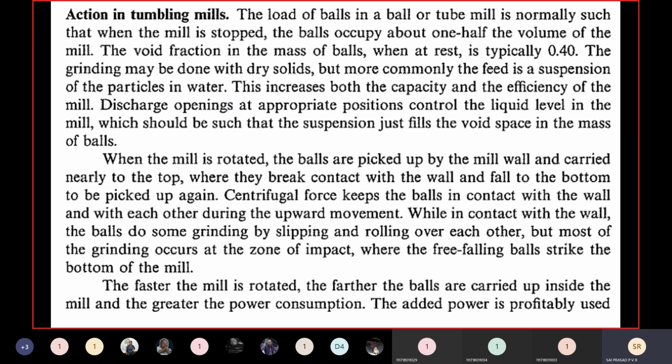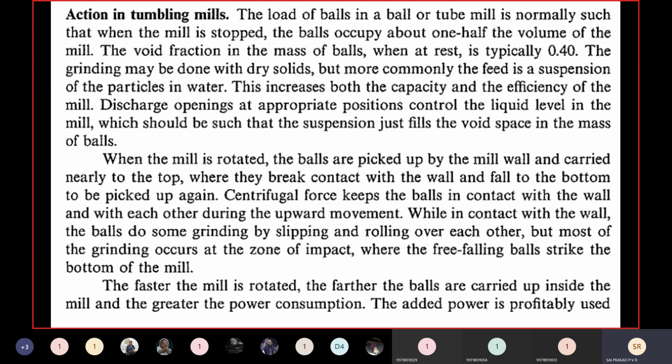So as I said just now, not only dry grinding is preferred, we can also use water. But the main purpose of water is what? To displace the void fraction, so that the particle will not be seated or comfortably placed in the free space. If it is there in the free spaces, the grinding medium will rise and fall only on the grinding medium, so crushing will not take place, but we are giving energy to the machine. This contributes to lesser efficiency or less performance. Using water increases both the capacity and the efficiency of the mill.